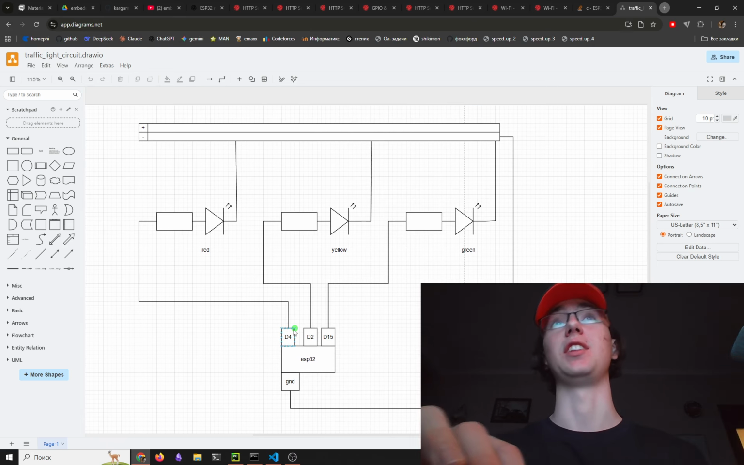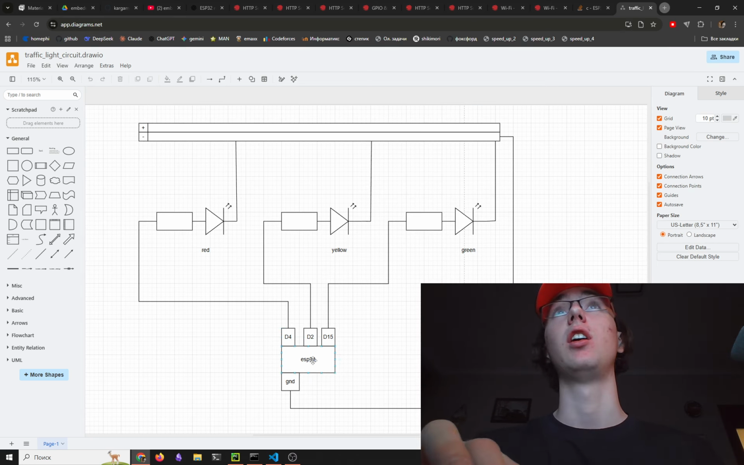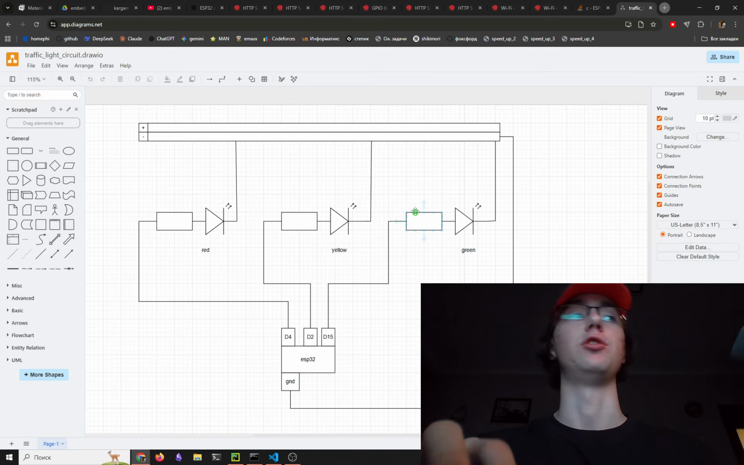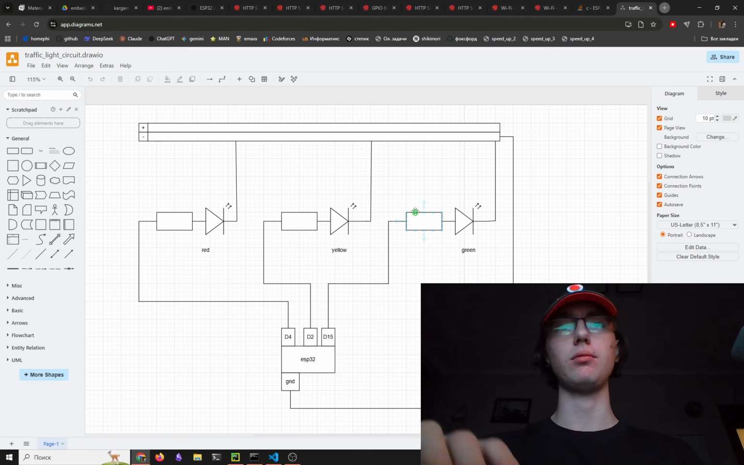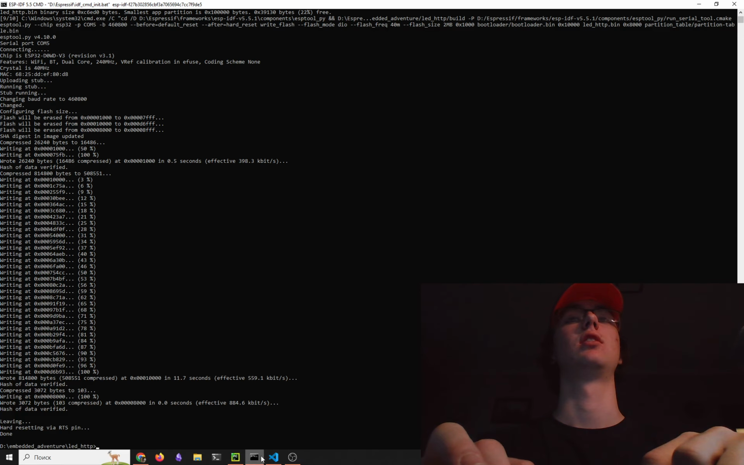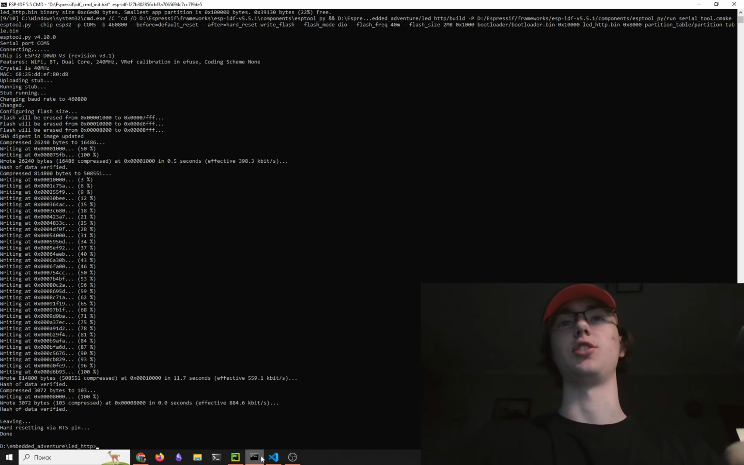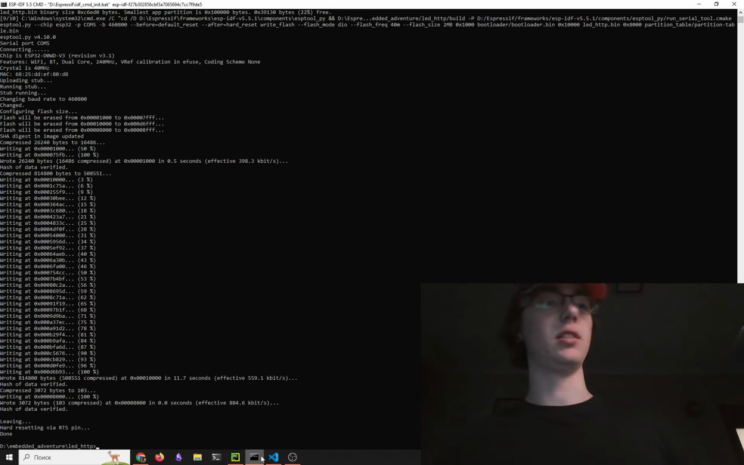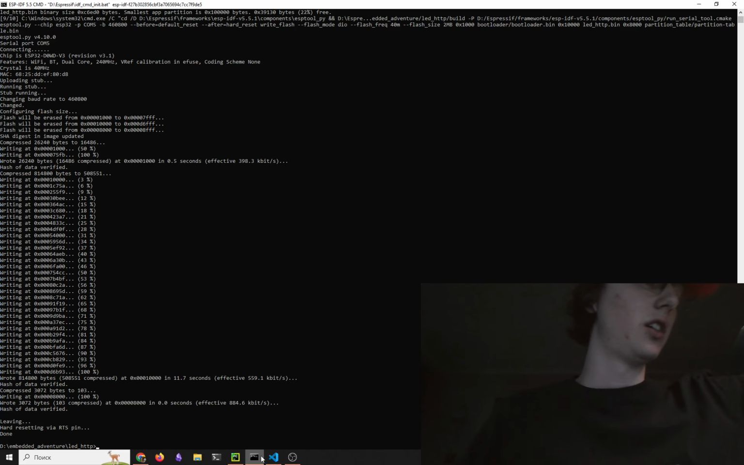So we connected the red one to D4, yellow to D2 and green to D15. So, damn, actually, I guess I wrongly flashed it. I shouldn't have done this. Let's just disconnect it. Disconnect this thing. Okay. And